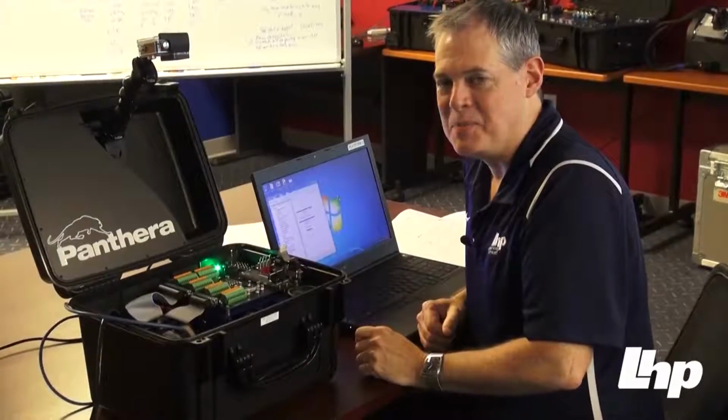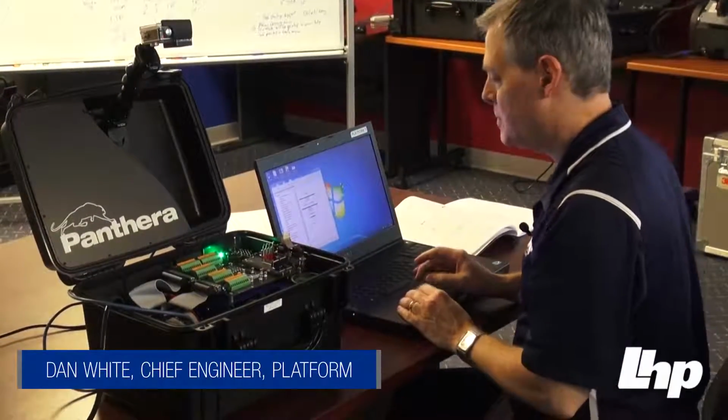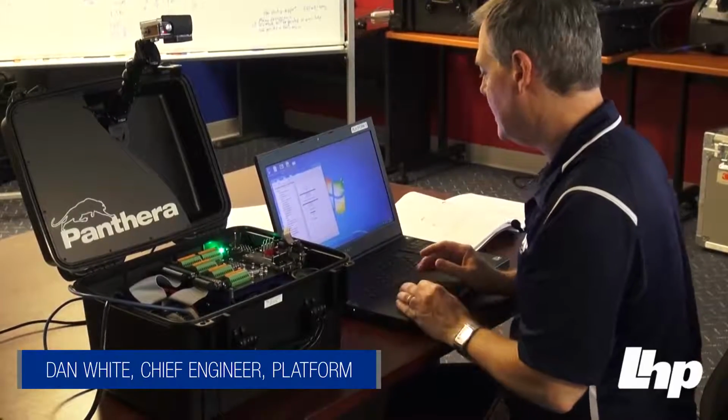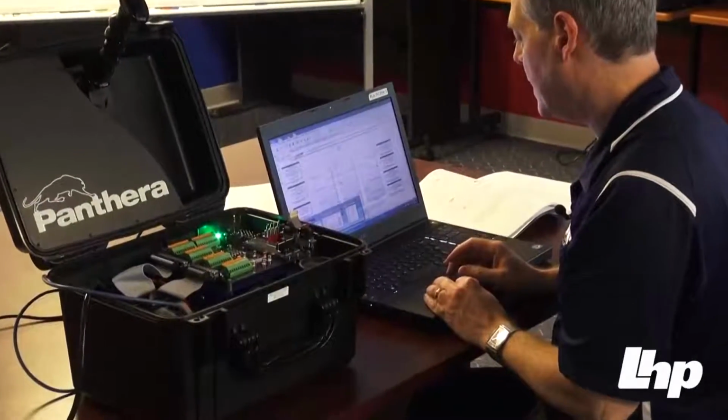Hi, this is Dan White in the Product Platform Lab. I thought I would show how simple it is to build a simple starter model that just blinks a light. And this is very similar to one of the examples in the workbook, but I will actually make it a